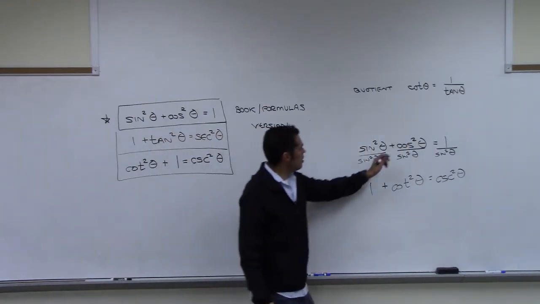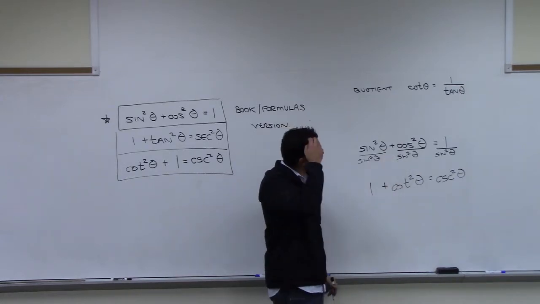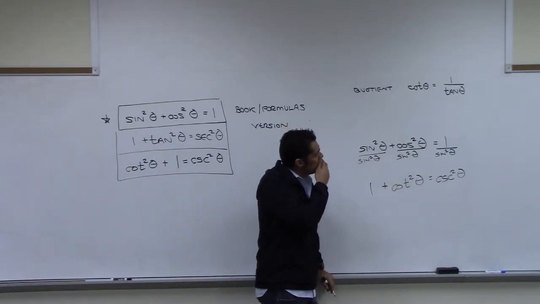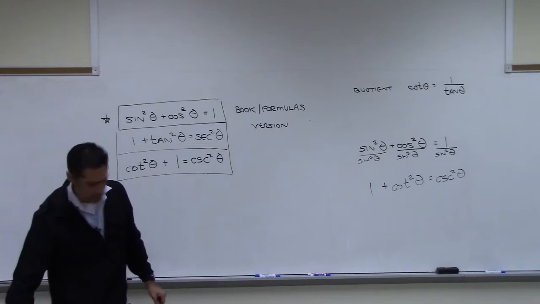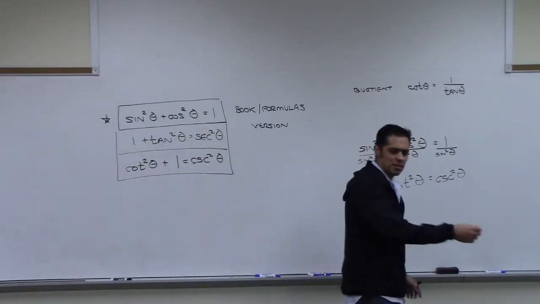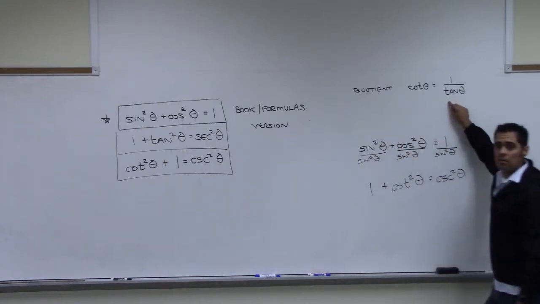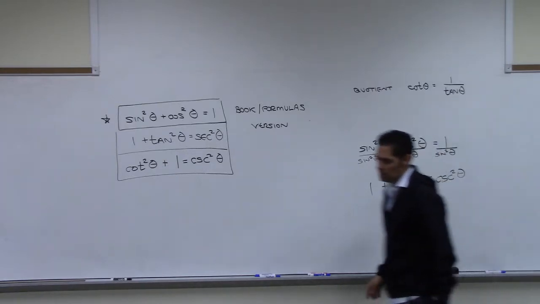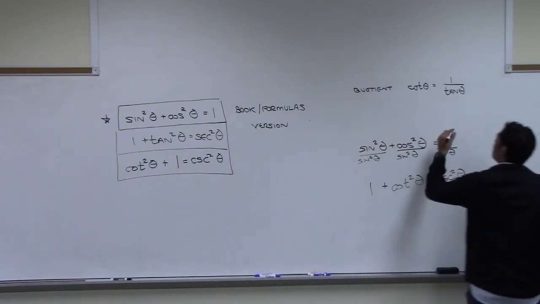So when you say cosine over sine, right? Cosine over sine. No, wait, did I put that up there? Hold on. Maybe that's why. No, that's not what I put up. Who has it? Did anyone write it down? Did I write this down? Yes. Oh, I did. Okay, I wrote that down. That is right. It's not wrong. But